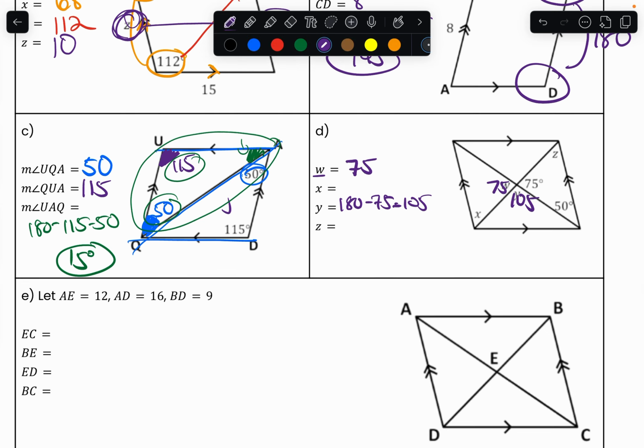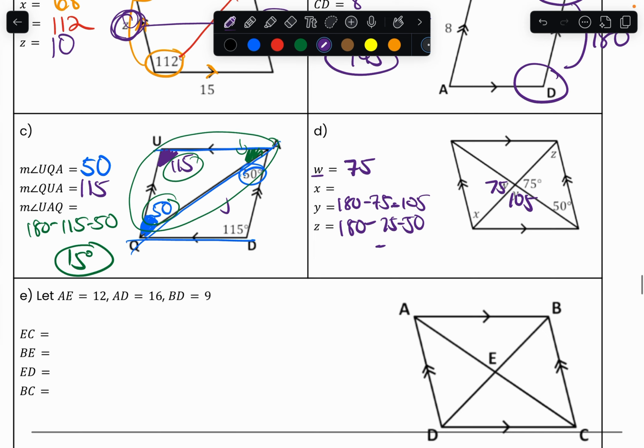Okay. Now let's find Z. I couldn't find X yet. There's not enough information for me to find X yet. So let me first of all find Z. If you look at Z here, you realize that this is actually a triangle right here. All triangles have angle measurements that sum to 180. So to figure out Z, I'll just do 180 minus the angles I already have inside, which are 75 and 50. This means my Z here will actually be 55 degrees. Let me label 55 degrees.